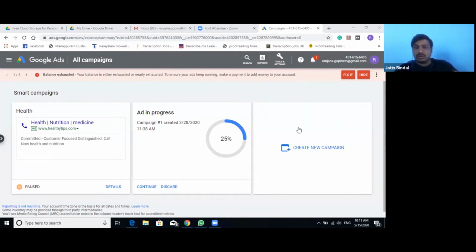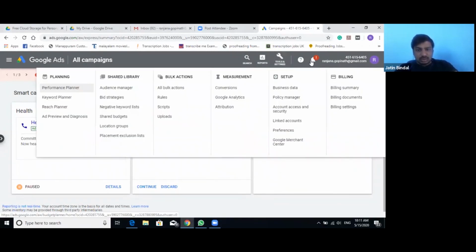Can you click on tools and settings over here, next to search? Okay, it doesn't show an option to go back to that account.